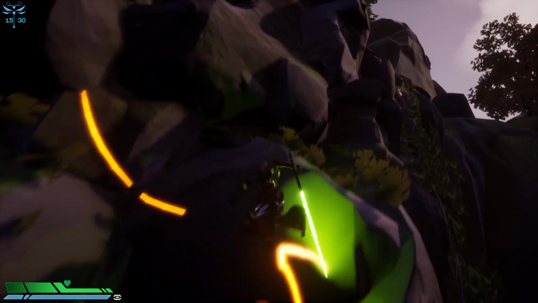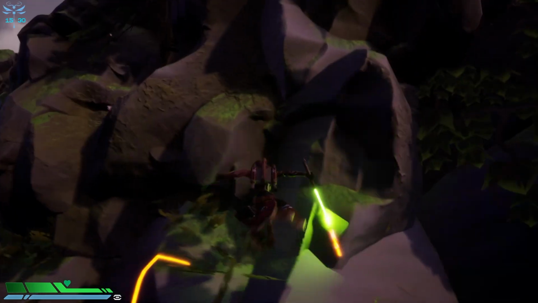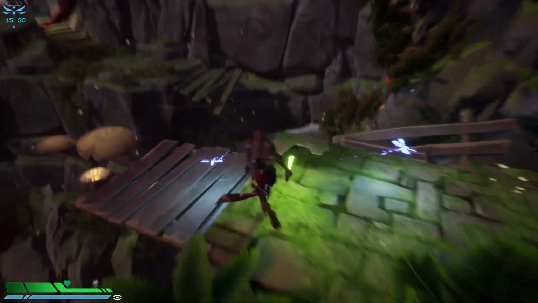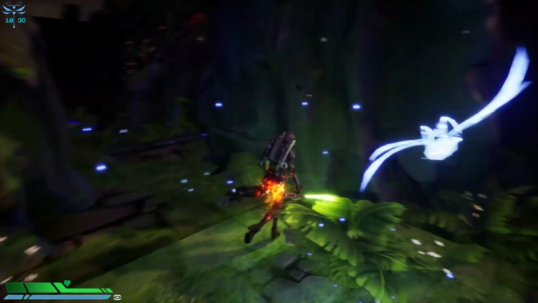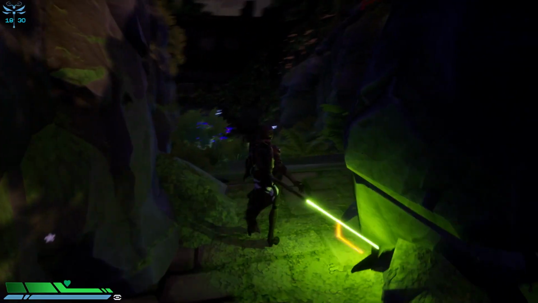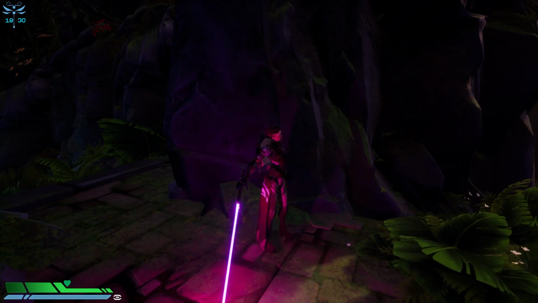Oh, wait, maybe we can do this. Up, up, and away. Oh my god, we did it. What do you mean Anakin is the chosen one? We are the chosen one. Let's actually change the color of our lightsaber, shall we? Let's put it to...